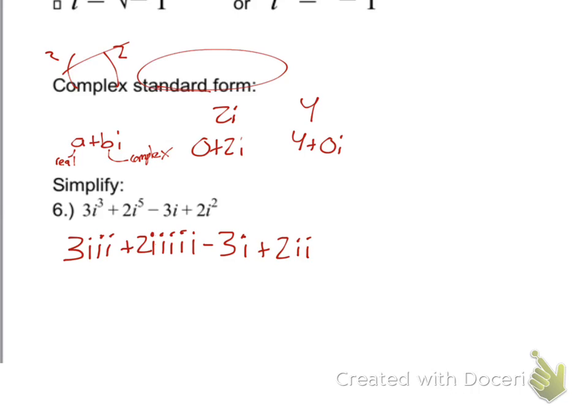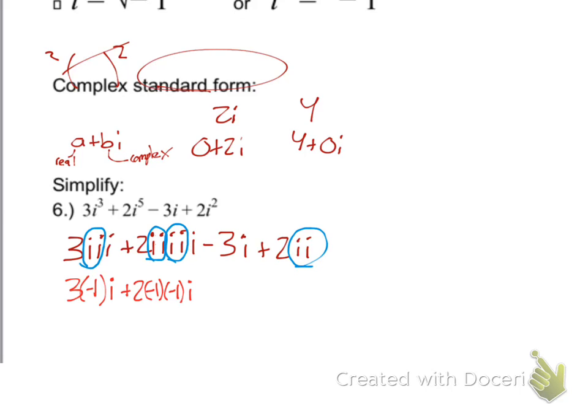I'm going to go through and I'm going to circle all my pairs again. I got a pair in that first group. I've got how many pairs in the second group? How about third group? And the last group? Okay. By going through and circling my pairs, I am going to be able to use simple substitution and replace that circled blue, in this case, with a negative 1. So, what does it look like? It looks like 3 times negative 1i plus 2 times negative 1 times negative 1, because there's 2 of those,